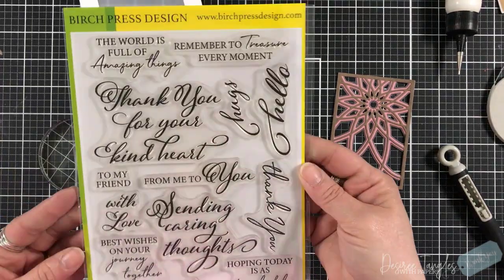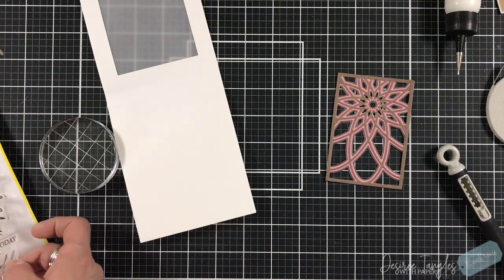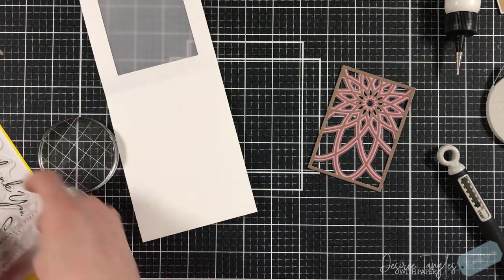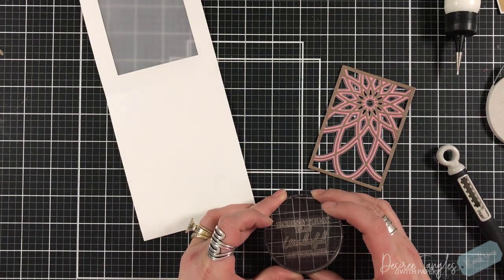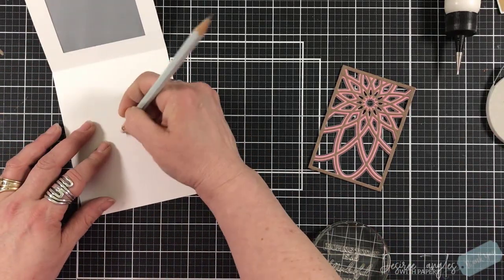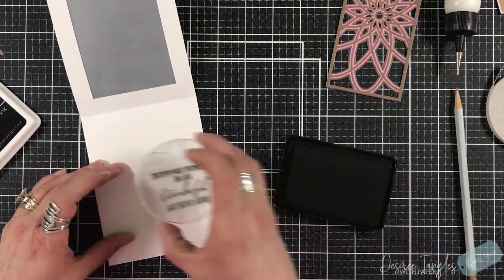The sentiment is going to go, of course, on the inside. Now, I'm using the sentiment set by Birch Press Design called Kind Hearts, and there are some beautiful sentiments and nice size script sentiments as well. So I'm lining up the ones that I'm interested in to that layered die cut piece, to make sure that it's not going to overhang. Now, if it was overhanging just a little bit, I wouldn't have gone crazy and I would have still gone with it. So the sentiment that I chose is "Hoping today is as wonderful as you are." So great encouragement sentiment that I chose, and I'm going to stamp that inside